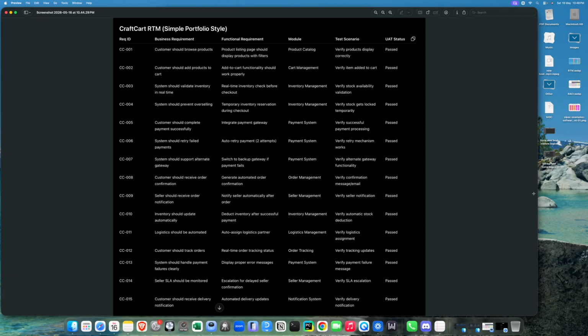As you can see here, there's the requirement ID, then there's a business requirement, for example CC001. Business requirement is customers should browse products. Functional requirement is product listing page should display products with filters. Module is product catalog. Test scenario would be verify products display correctly, and UAT, as in user acceptance testing status, is passed. While if you see another random one, CC005 for example,